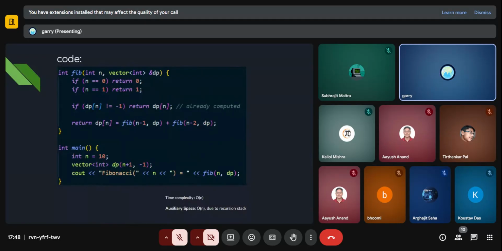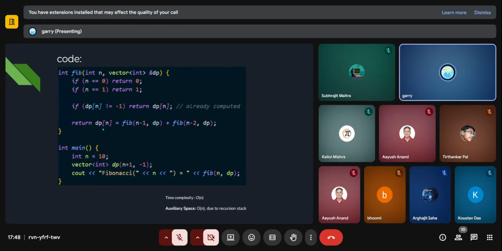That's the code. It's pretty understandable, but just two things are extra over here: I'm carrying my cache vector in DP with reference, and before calling my further subproblems f of n minus 1 and f of n minus 2, I'm keeping a cache check, whether this state is already calculated or not. If it is already computed, return. If it is not computed, then I will call the recursive functions on smaller problems, and whatever is returned, I will